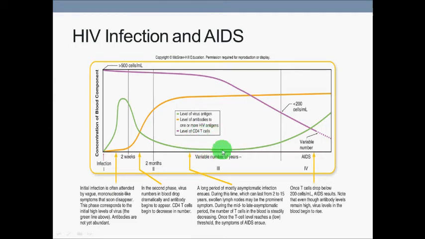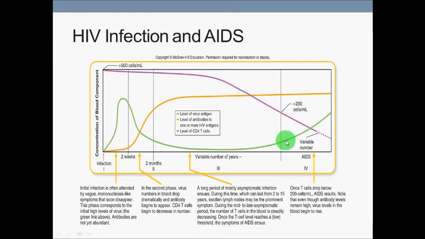And it may look like your immune system has the virus under control, but what's really happened is that virus has inserted its DNA into yours. And it's just kind of waiting for a signal, waiting for the time to start producing virus again. So after a number of years, it could be several years to even a decade, the virus becomes active again,